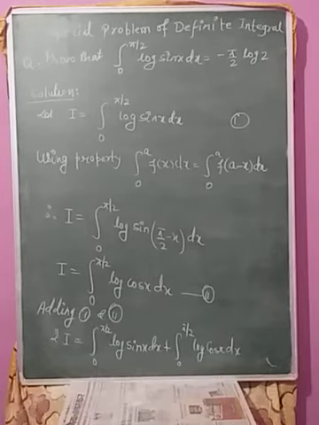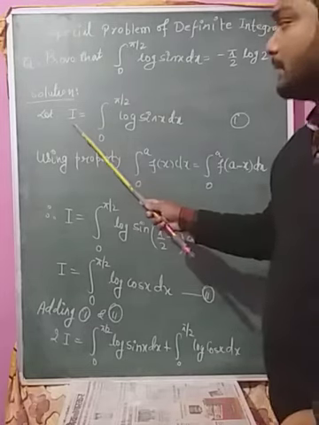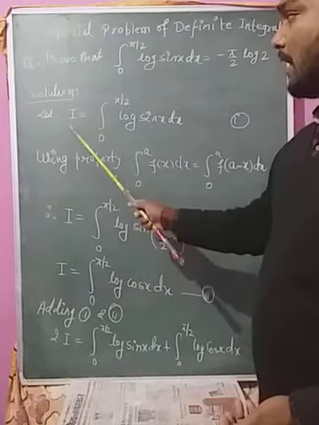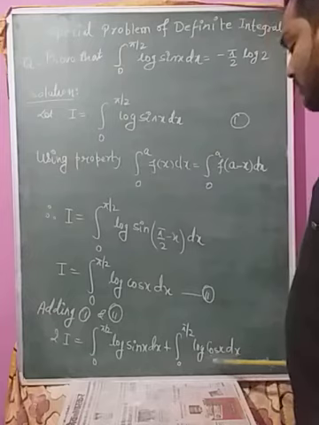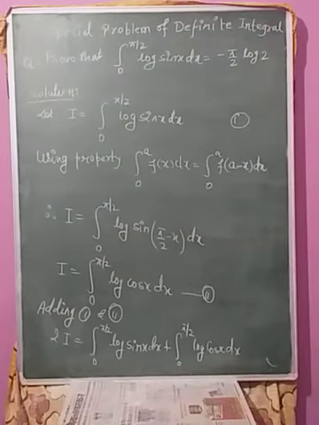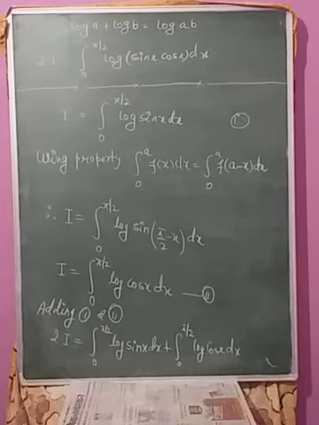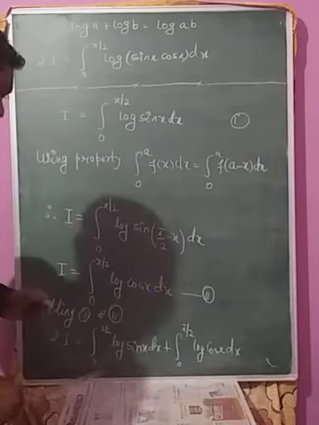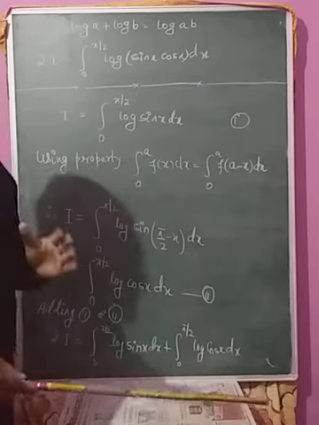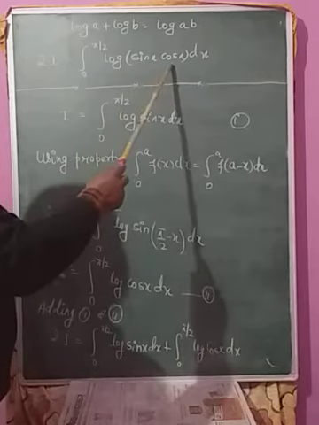Now we add equation 1 and equation 2। So we have equation 1 left side is I and equation 2 left side is I, so I plus I is 2I and 0 to pi by 2 log sin x dx plus 0 to pi by 2 log cos x dx। Since log a plus log b equal to log of a into b, so in this case log sin x plus log cos x, we have log sin x into cos x dx।